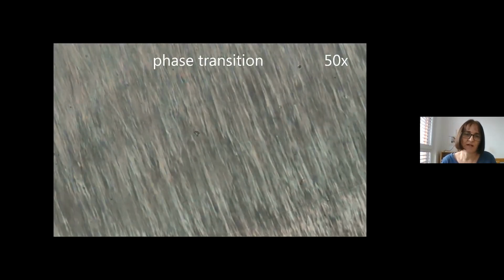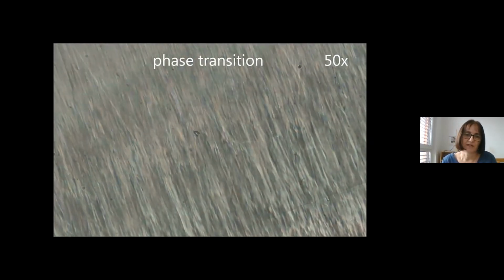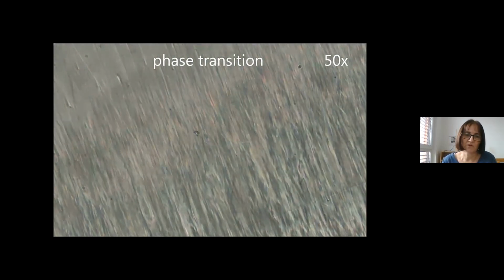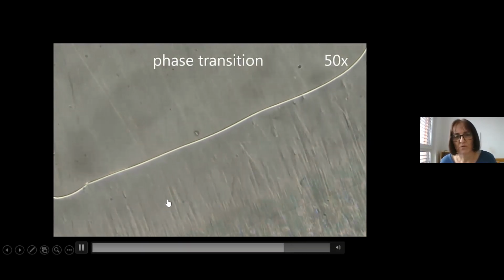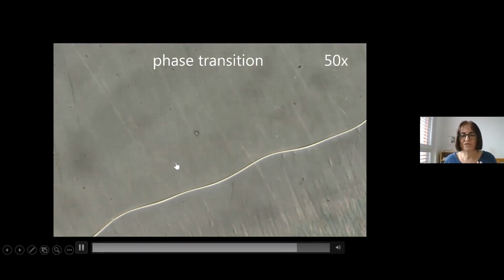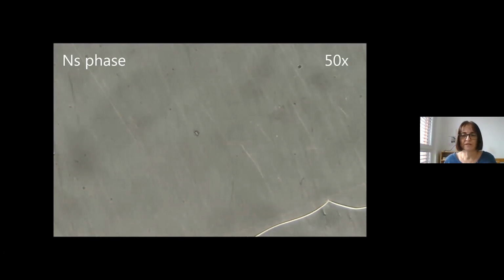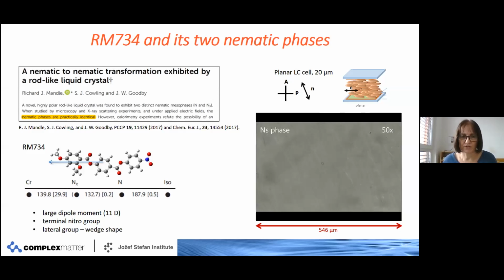Then with lowering the temperature, the phase becomes more and more homogeneous, and after a relaxation, which happens with this wide defect line, the phase becomes homogeneous and looks deceivingly like the uniform nematic phase observed at higher temperatures. So you could see in the movie that the fluctuations play a major role in this transition.